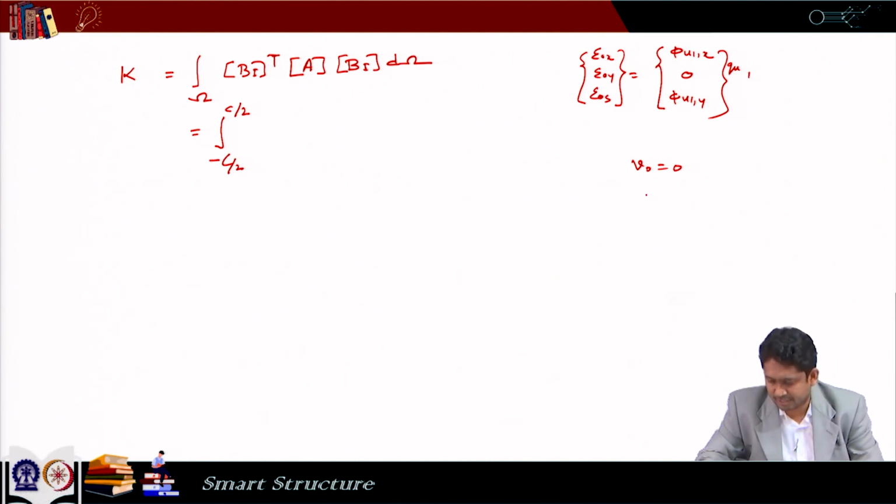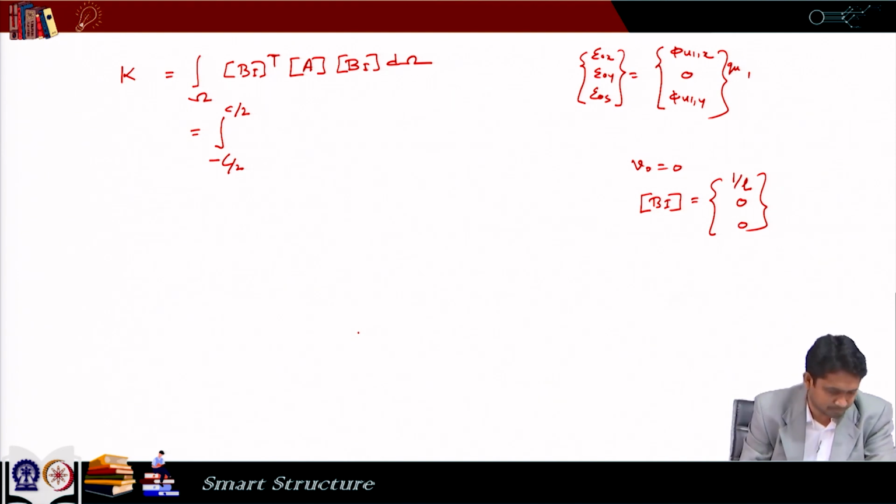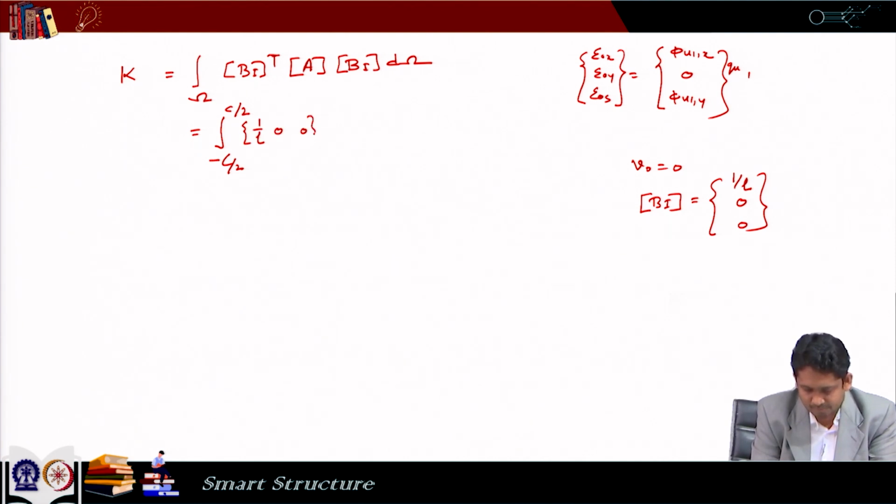So, we can say that our B matrix is essentially phi u1 comma x, which is 1 by L, 0, and phi is not a function of y, so it is also 0. So, B I is essentially 1 by L, 0, 0. The A matrix remains as it is, and this is 1 by L, 0, 0,